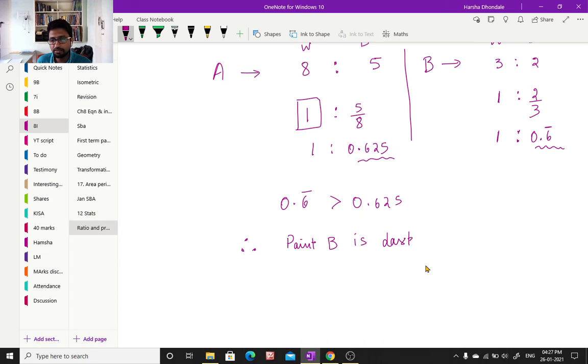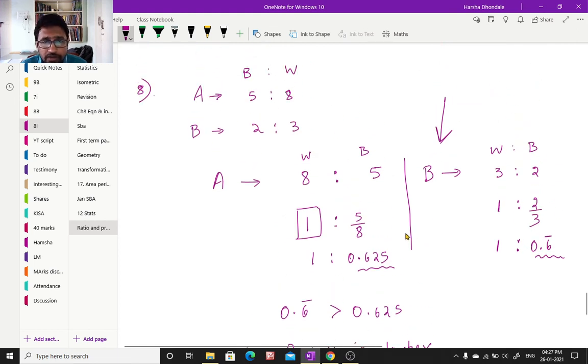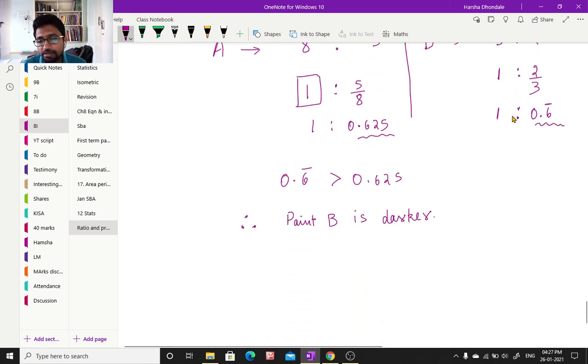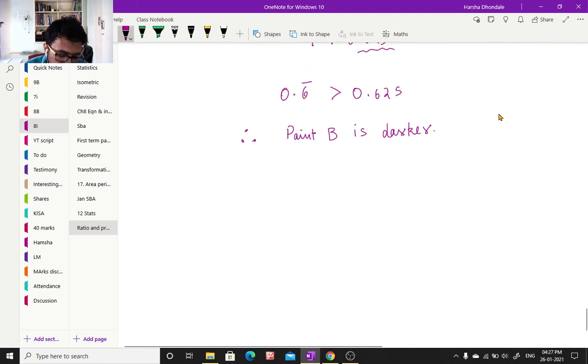That's it. First I thought, why are they even asking this question? So simple. Because I thought that A is the correct answer, because 5 parts of black are used, versus B where only 2 parts are used. But when you look at it carefully, that's not how you compare. This is the right way of comparison. So B is darker. All right, ninth one.